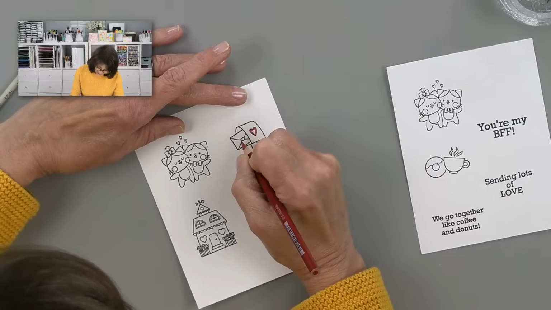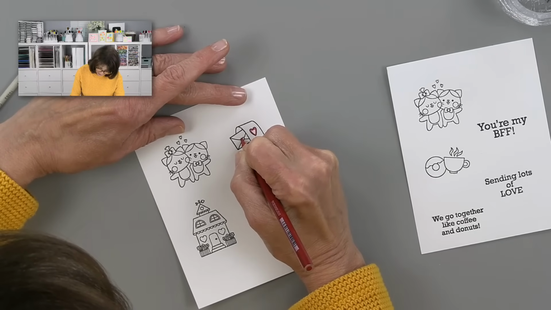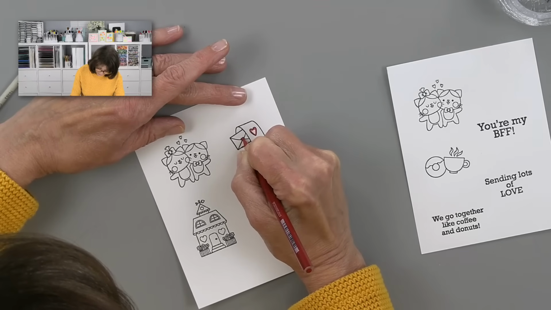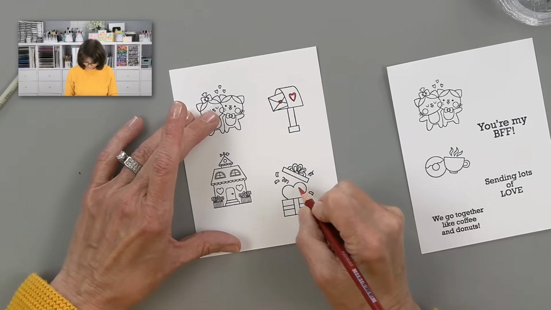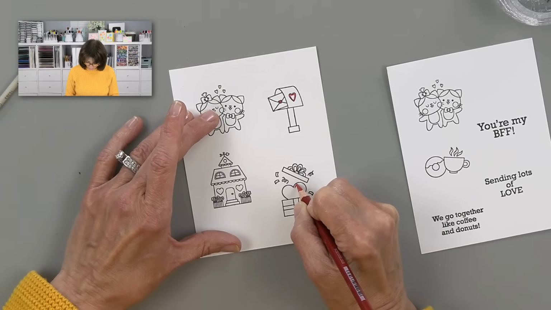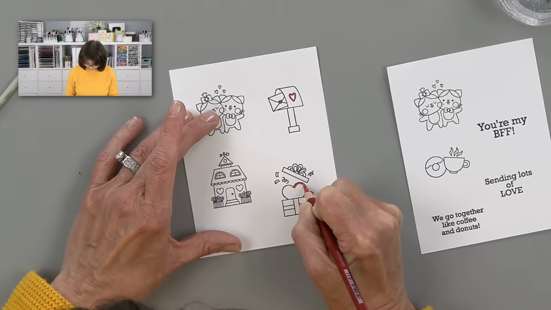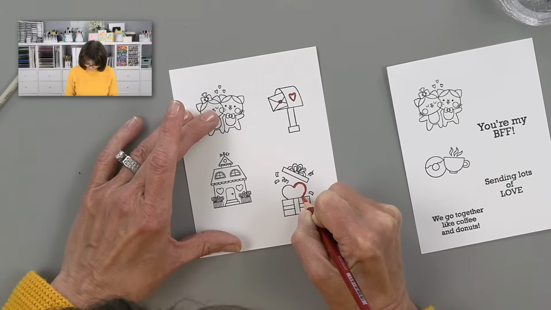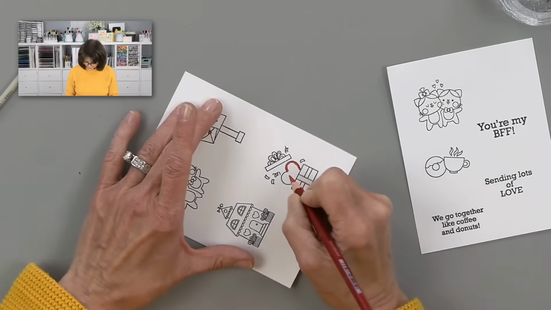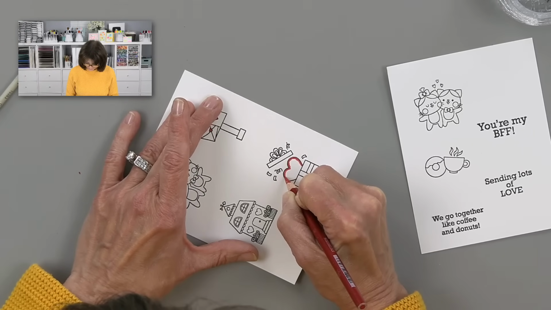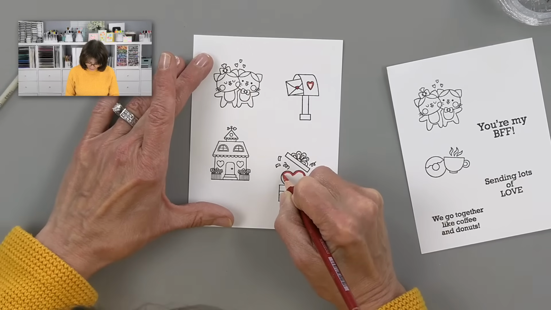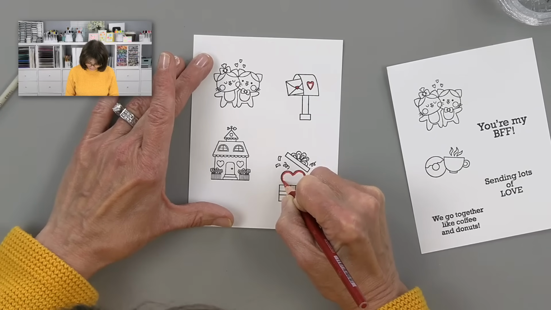And then I'm also going to color in the little heart on the envelope. Now this is going to be very, very simple coloring, right? Because it's not going to have a lot of red, but it will show you how you can make a card without doing a lot of coloring, and then you'll be able to see the one that I did a lot of coloring on. This one, I'm going to do the same thing. I'm going to just go around the outside perimeter. I'm kind of going with a little bit of a heavy hand because we're going to do some Gamsol blending real quick.